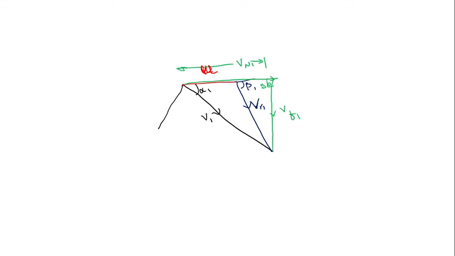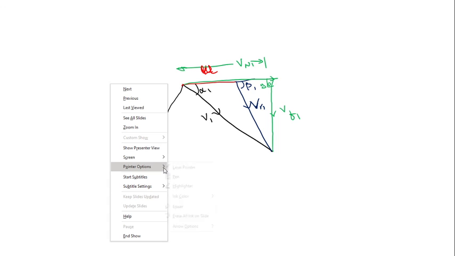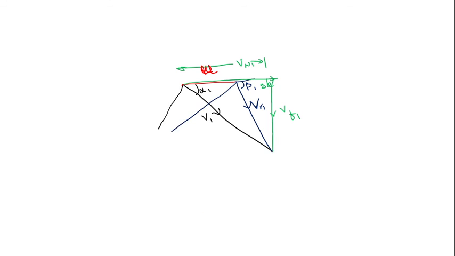Okay. And from this one beta 1 is starting, means from that point beta 2 will start here. So this becomes our beta 2 and this becomes our alpha 2. Okay. So if I join these two things, this becomes our VW2 and this becomes our VF2. Getting this one? So this is how we can draw the velocity triangle.